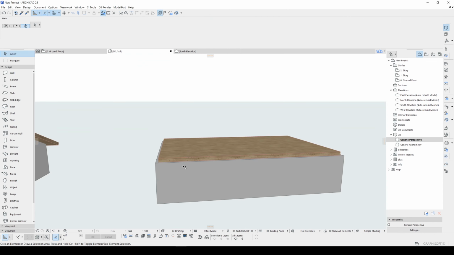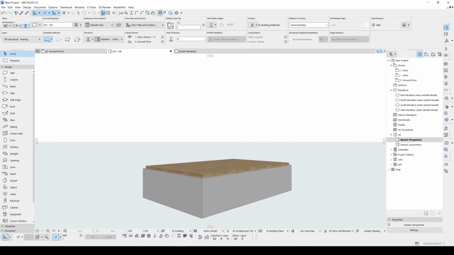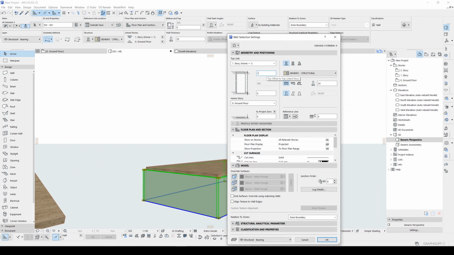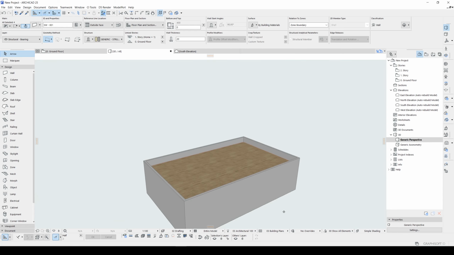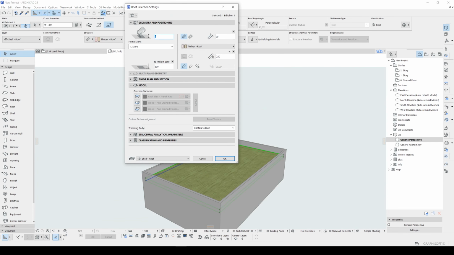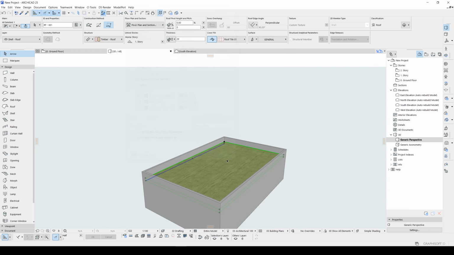But we need some parapet walls. Let's just extend our side walls with an additional 100 centimeters. And after that, you can, of course, change the roof to any material you want.